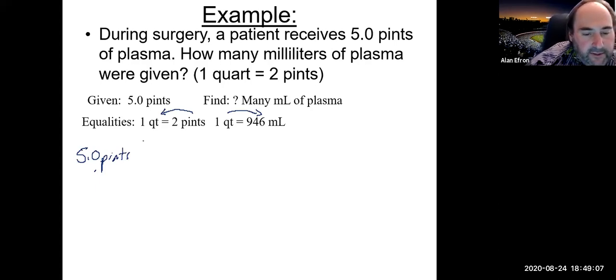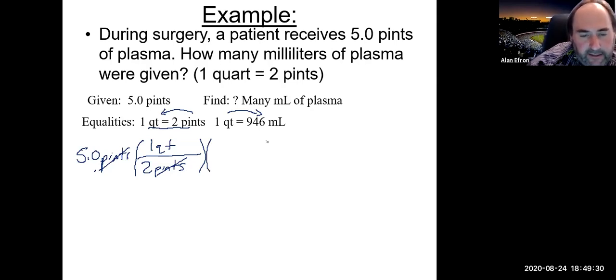Again, you do need to show this dimensional analysis approach. So pints are on top, so we could use our first equality here. We want to put the pints on the bottom. Again, opposites cancel out. So 2 pints and 1 quart. Again, the pints are going to cancel. We will be left at quarts at this point, which again, you could get an answer or you could continue